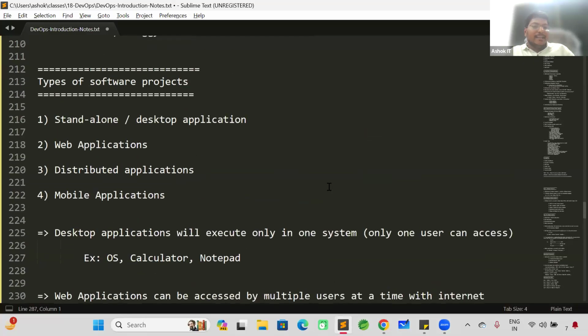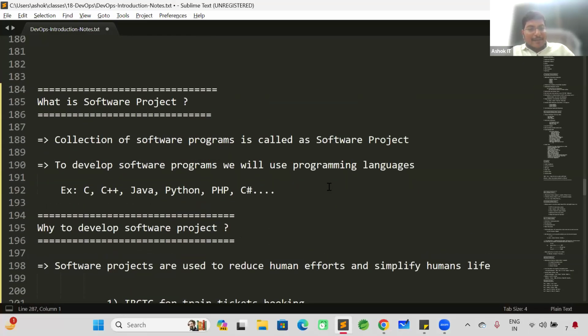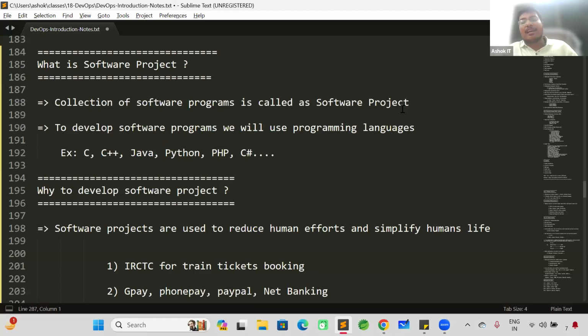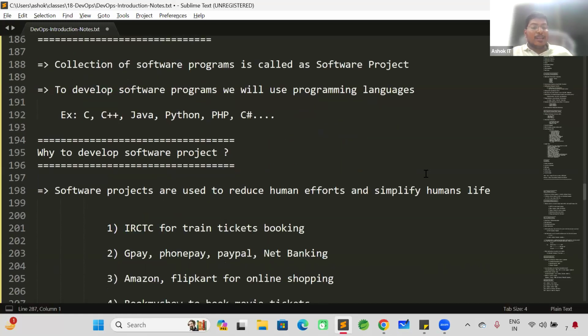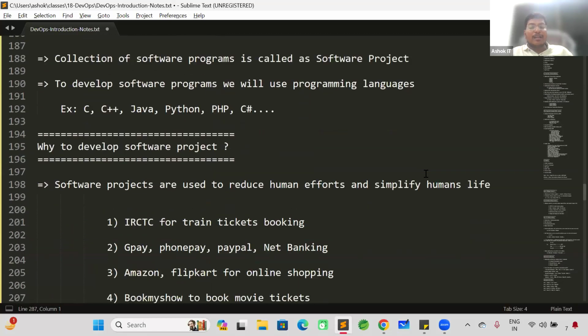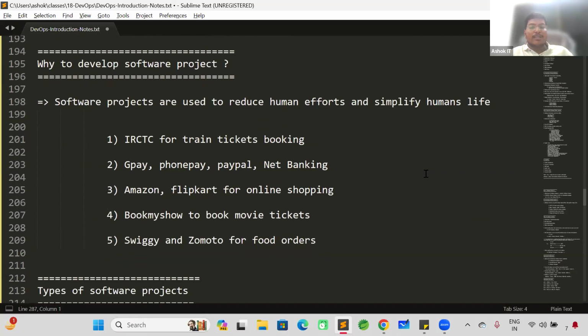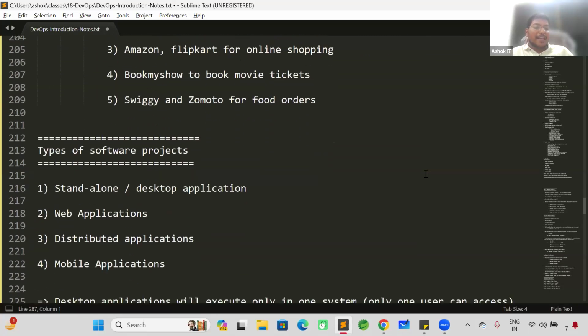So we started at what is a software project. A software project is nothing but a set of programs, or a collection of programs. To develop those programs, there are several programming languages available. Why do we need to develop these software projects? Software projects are used to reduce human efforts, and they are going to simplify humans' life. Types of projects: